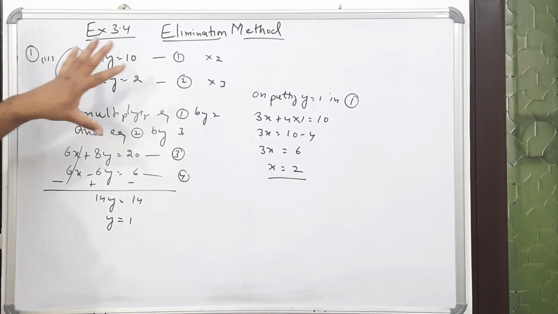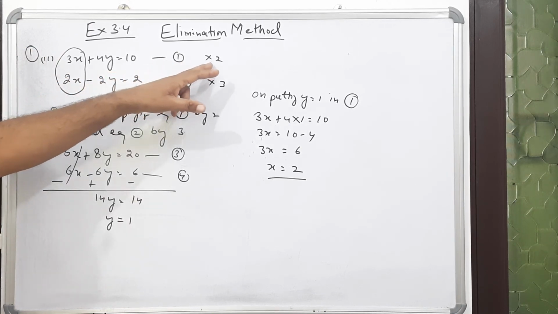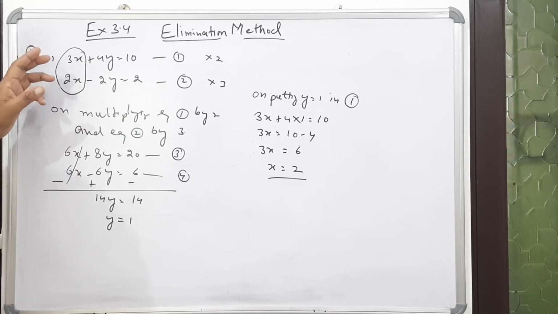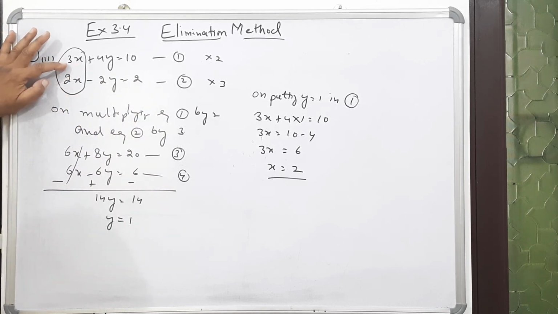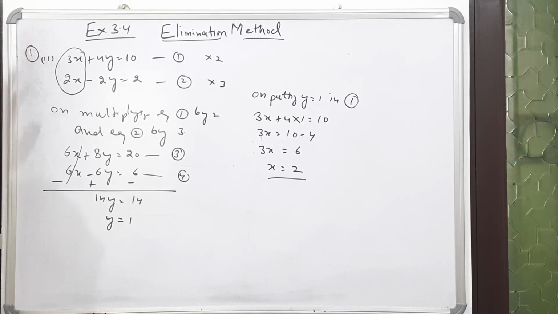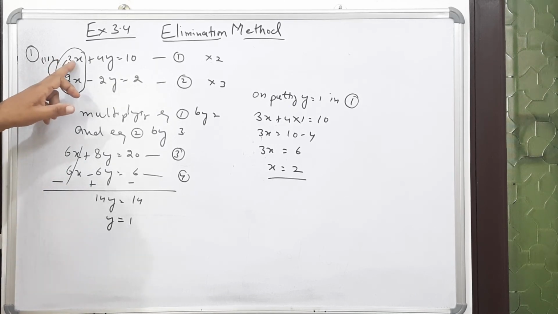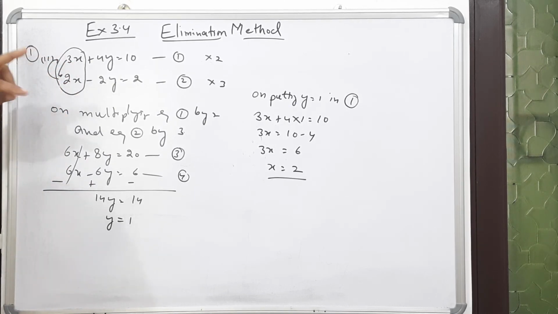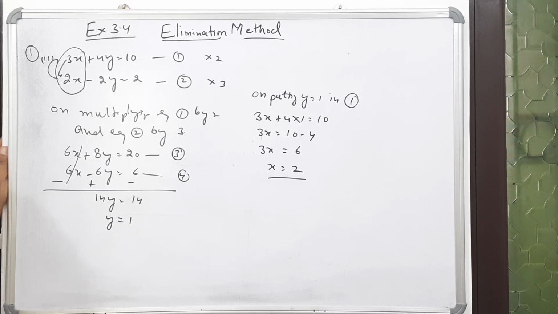Now there are only two types of sum, I must say. In the first type we have seen that by multiplying just one equation we got equal coefficients, or in the second we have to multiply both. So if by multiplying any one by a number it becomes equal, it is okay, otherwise you multiply both. And here we can also use the exchange method: it is 3, then multiply this by 3 and this by 2, then automatically it will be equal. So this is the main part of the elimination method.